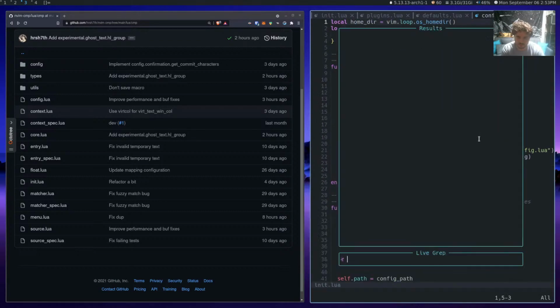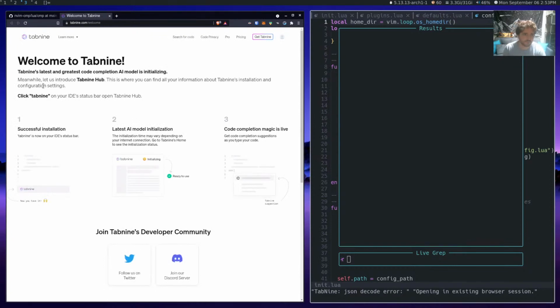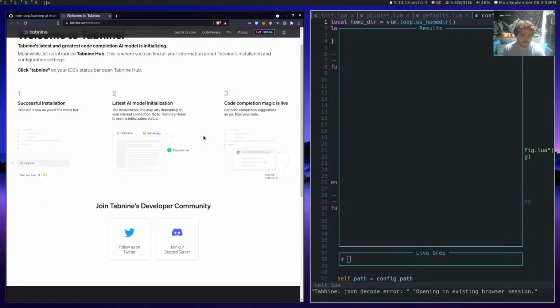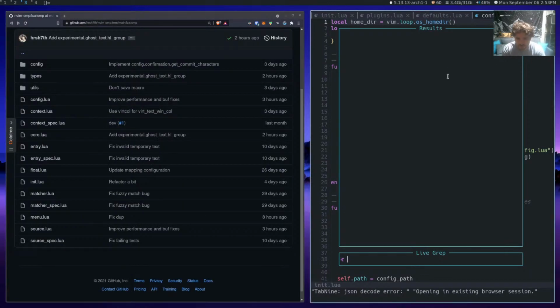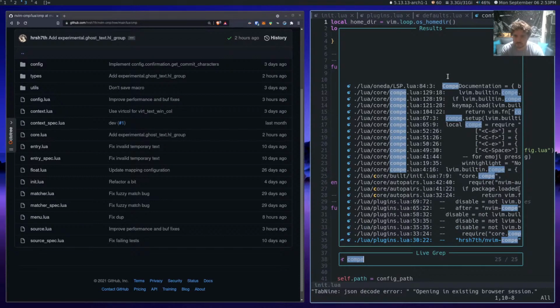All right, why don't we just do a search text for... What? Oh yeah, tab 9. I have that for Solidity stuff. I hope it just works. Doesn't really say. I'll have to learn more about that. Anyway, so what are we looking at? We're looking for tab 9 JSON decode. I don't know, whatever. I don't care. So Compe. Great.